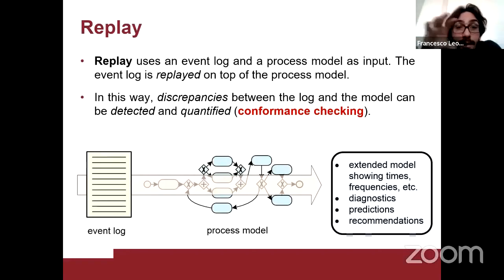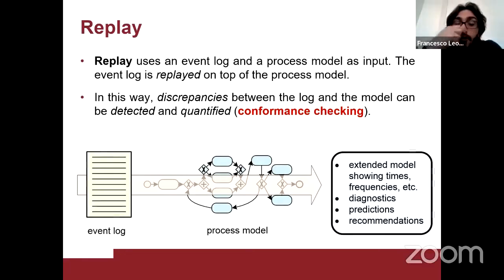That is, we want to find whether there are differences between what people do in reality and what people are expected to do given the model, and to understand if these discrepancies must be somehow included in the model, or whether they must be signaled as wrong